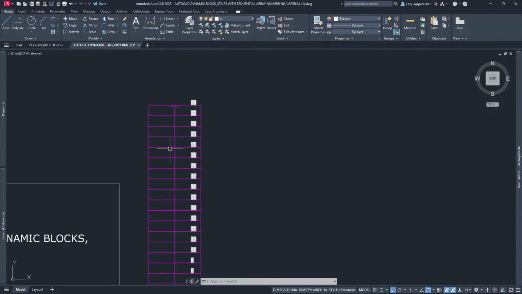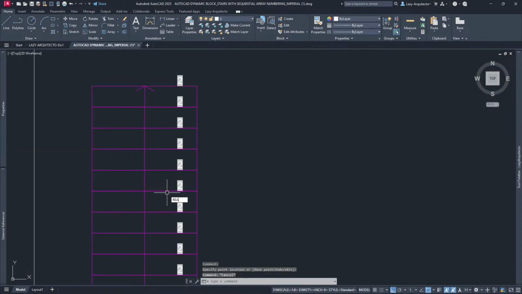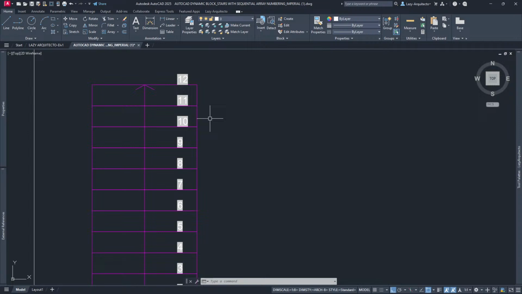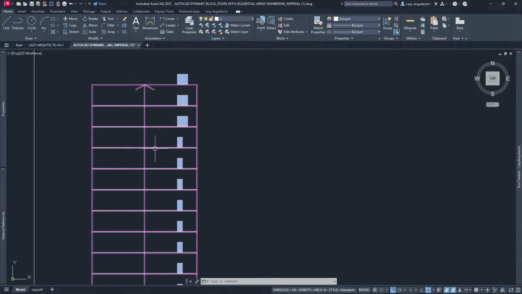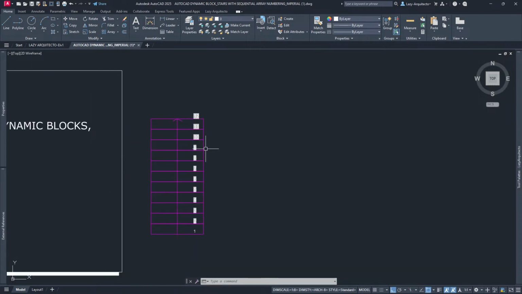So that's where this idea came from. But since we are architects, I apply it to stairs. But again, watch that live stream. I'm not gonna go over it right now because that takes some time. We use formulas and fields and attributes and all kinds of stuff to achieve this,